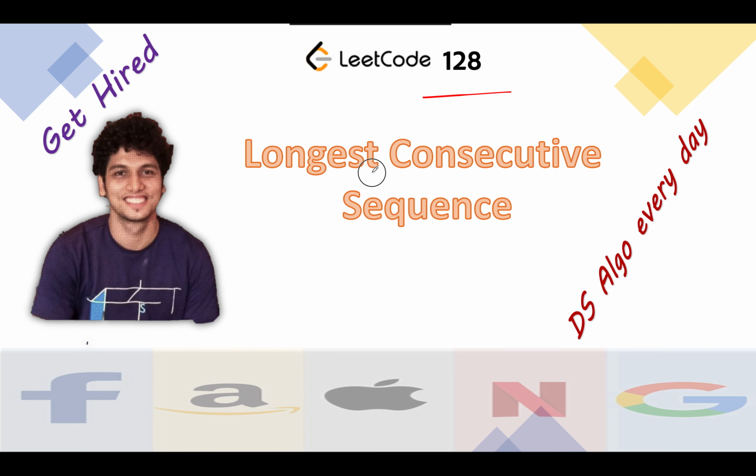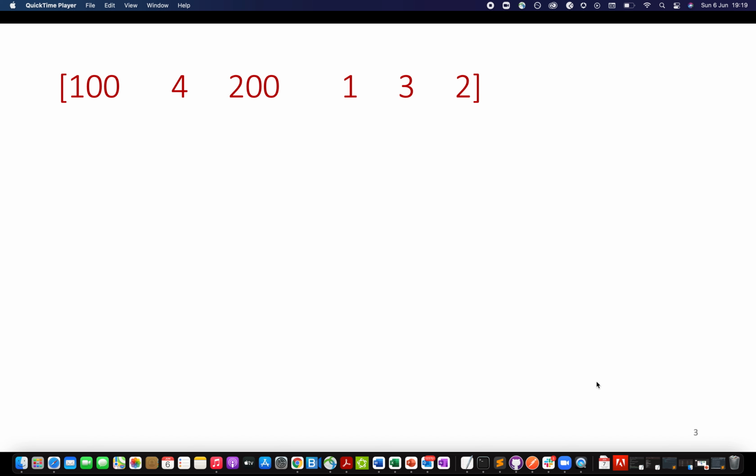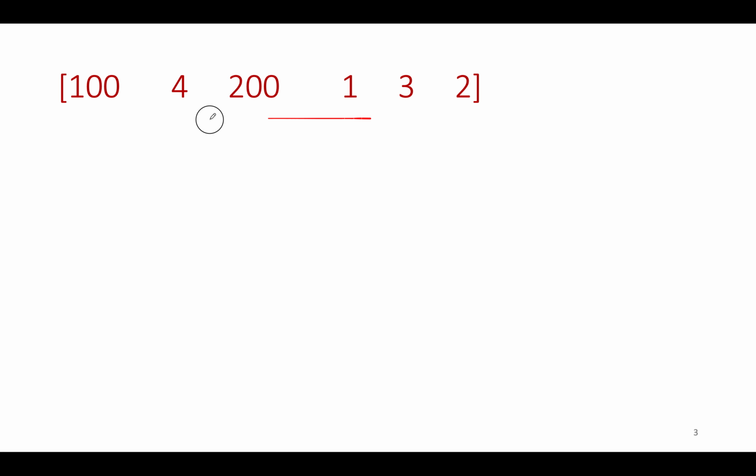LeetCode 128, longest consecutive sequence. Had the input given in the question been in sorted order, it would have been a fairly easy question. You would have done it by yourself. The only complexity arises because the input dataset is unsorted and we don't want to go for an n log n approach. We are looking for something in order of n.